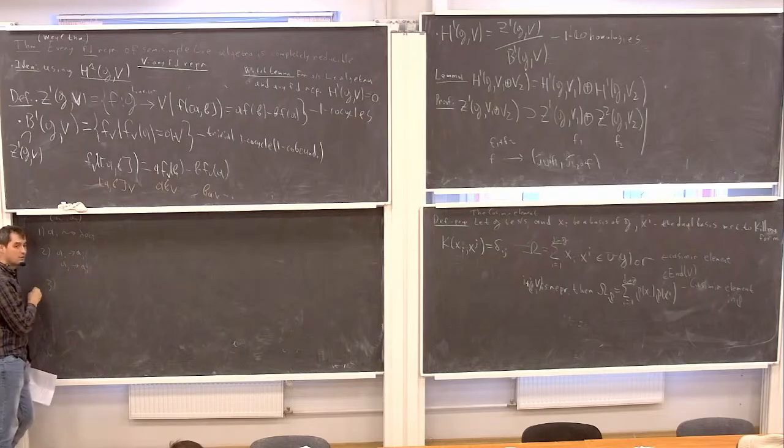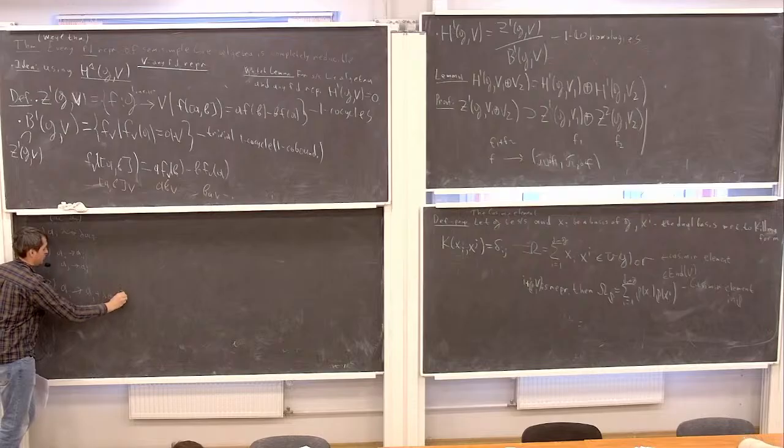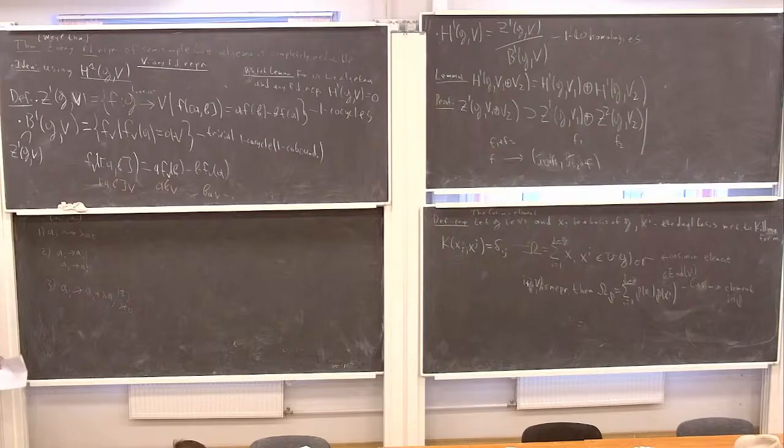And third, we can add to a basis vector some other basis vector multiplied by some number. So a_i to a_i plus lambda a_j, where i is not equal to j, and lambda is not equal to 0. Right? And the Gaussian method says that any linear map can be constructed as a composition of these three. It's like with any non-degenerate matrix, you could get just the identity matrix using this Gaussian method.